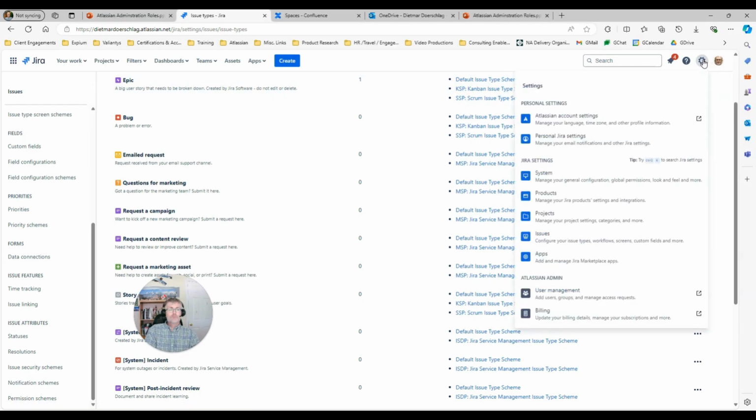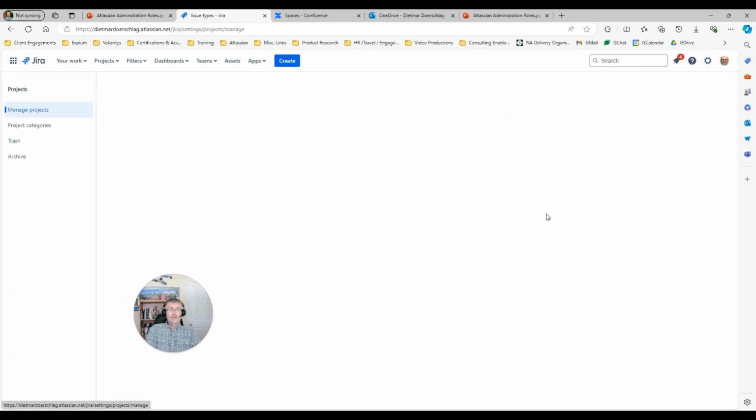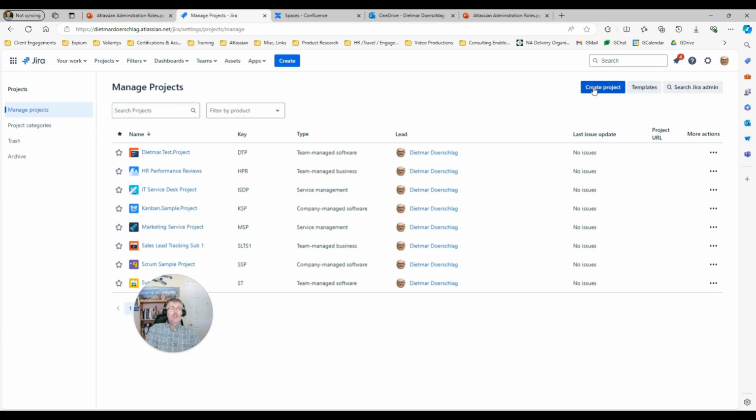Lastly, in Jira, the responsibility of a Jira administrator is the creation of projects. If I'm navigating down from the settings cog to projects, the Jira administrator creates new projects. This cannot be done by a regular user.